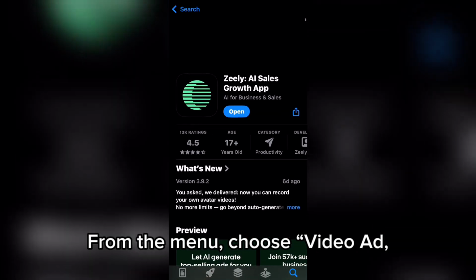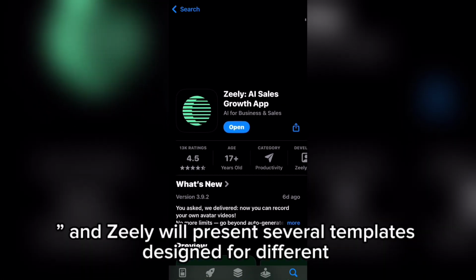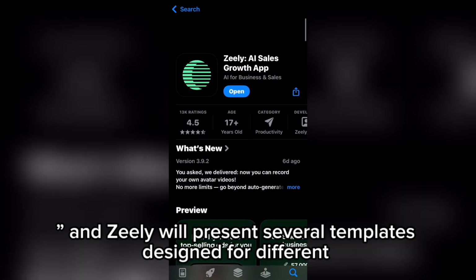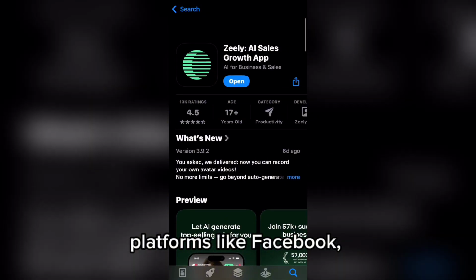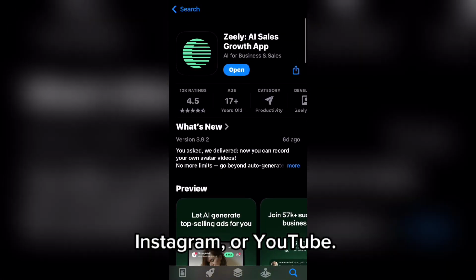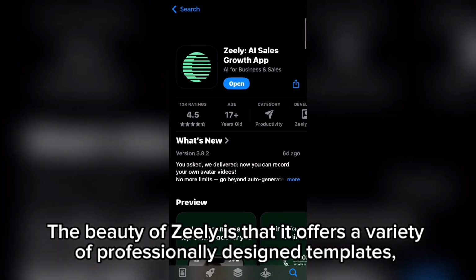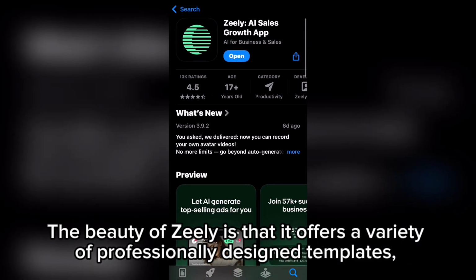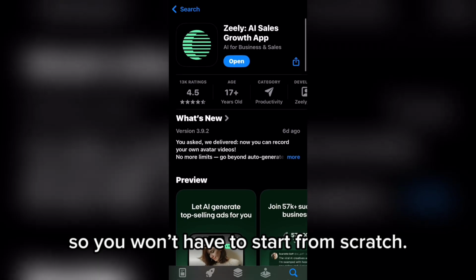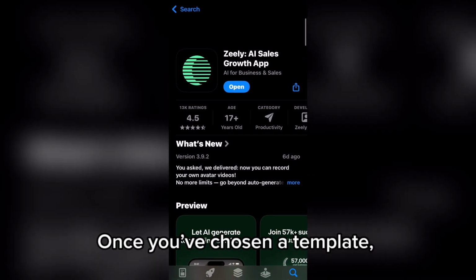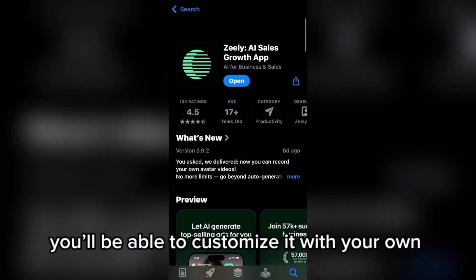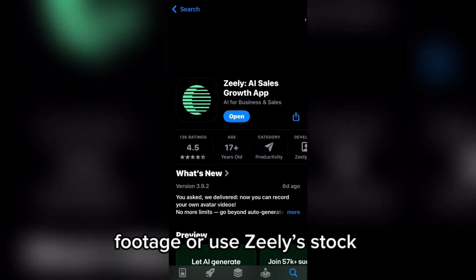From the menu, choose Video Ad, and Zeely will present several templates designed for different platforms like Facebook, Instagram, or YouTube. Pick a template that suits your campaign's needs. The beauty of Zeely is that it offers a variety of professionally designed templates, so you won't have to start from scratch. Once you've chosen a template, you'll be able to customize it with your own footage or use Zeely's